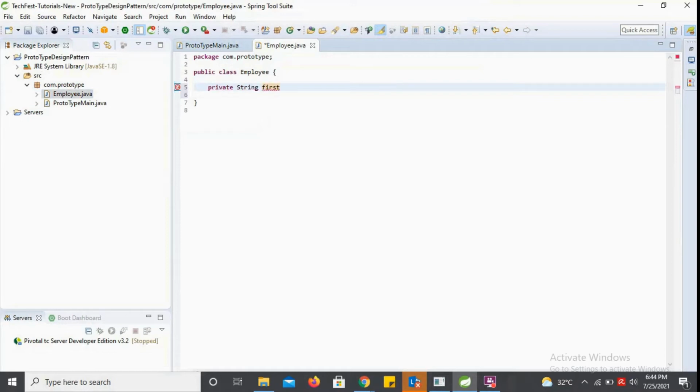I'll create one field named firstName, and one more field named lastName. Then I'll create a list of strings for roles. An employee has some roles, right?